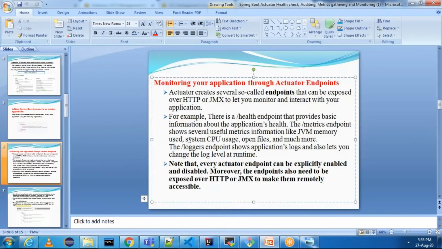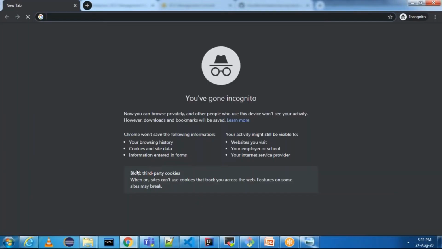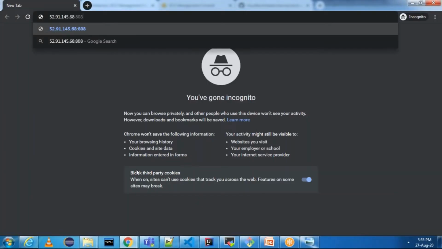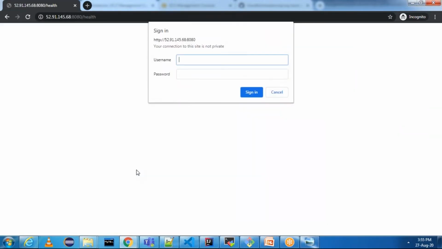And what is the first endpoint we are talking about? /loggers or /health. Let me show you that. Control Shift N. Server IP colon 8080 /health. It is asking for username and password.